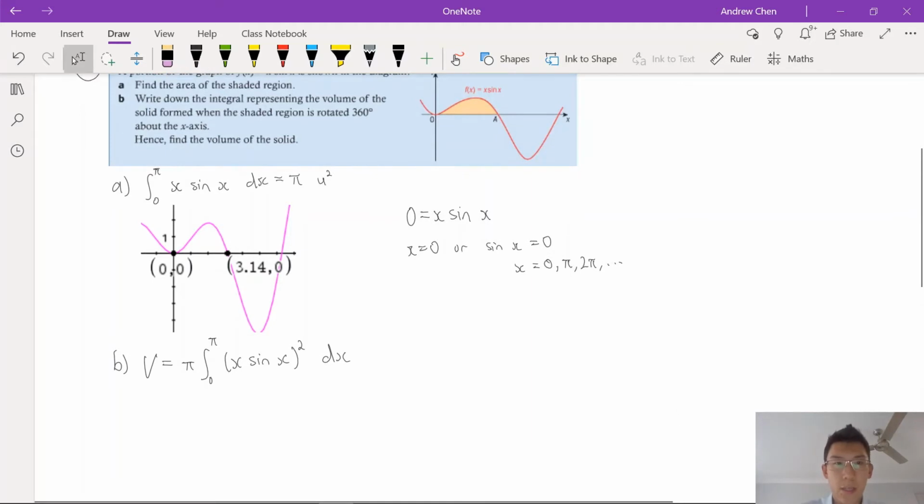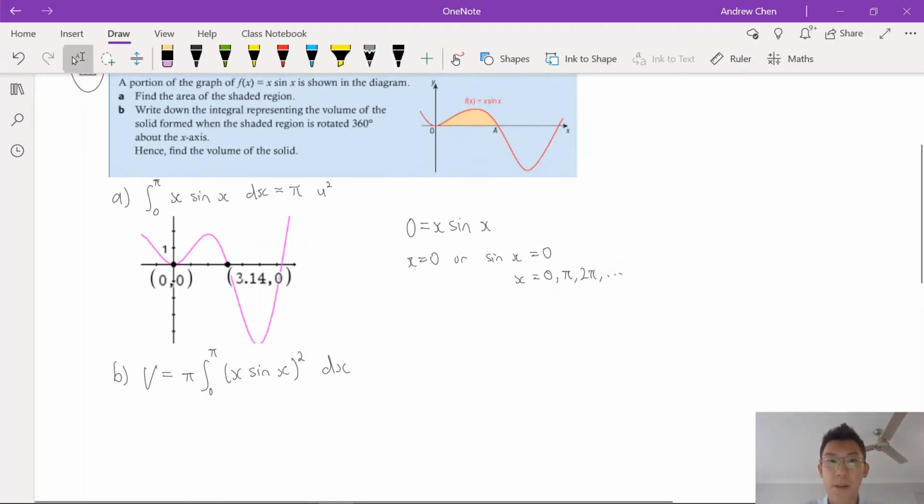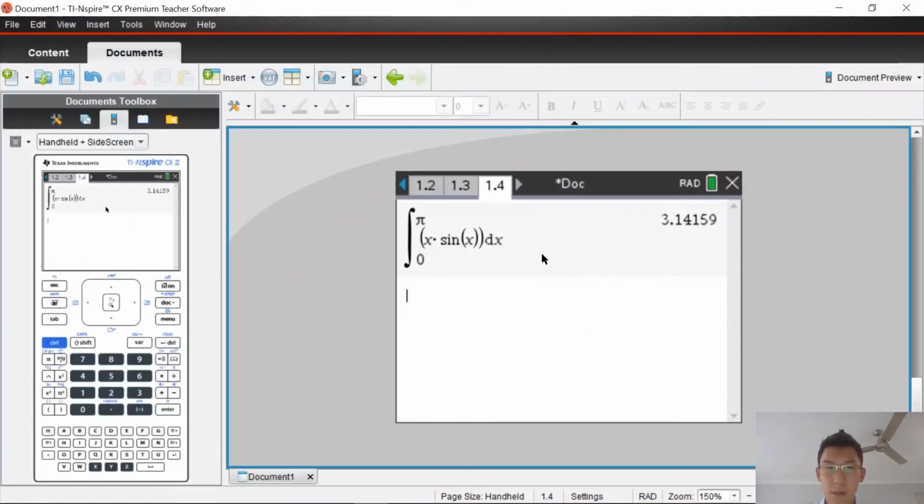All right, so that's the integral if we rotate this area around the x-axis, and we're going to use the calculator to figure that out. So type in the integral again, 0 to pi x times sine x all squared dx. Oh, make sure I put my pi in at the start. Equals